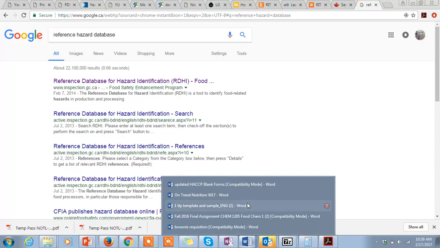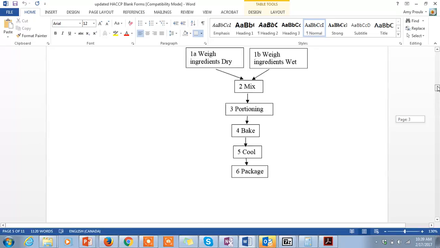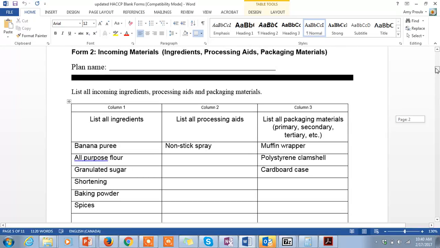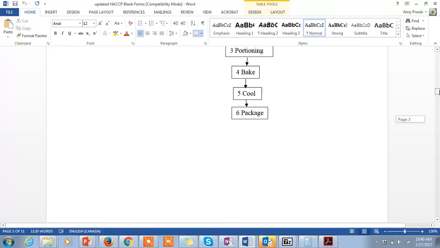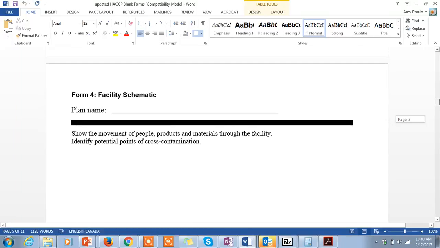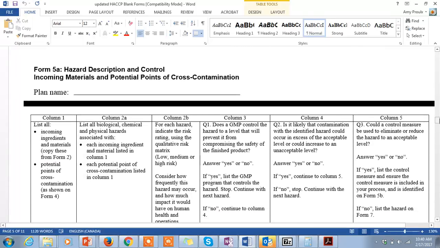of your HACCP program for Capstone, and we are going to be talking about Form 5A, and Form 5A will likely take us at least 2 modules. So this is part 1, and just to remind you, we have covered off Form 1, which is going to give some general oversight about the product, Form 2, which is going to cover our incoming ingredients, Form 3 was giving our process flow diagram, Form 4, which you do not have to do, is our facility schematic, and we're now at Form 5,